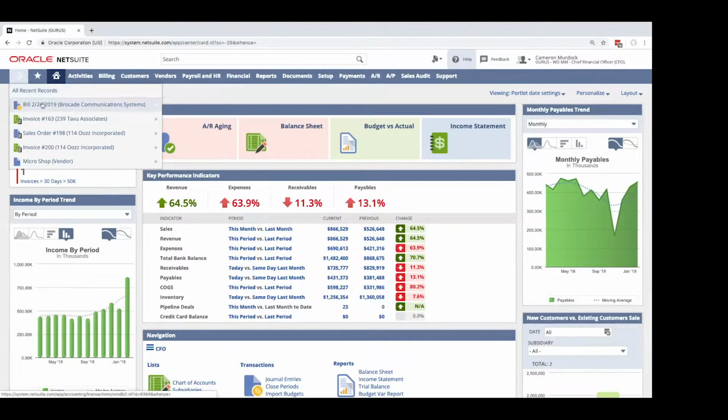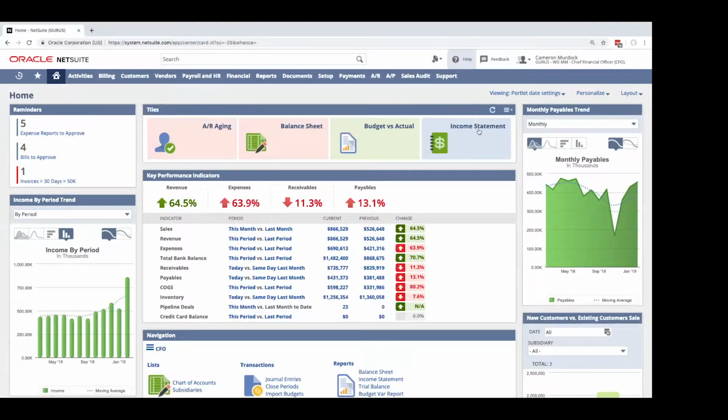So whether I want to review a recently accessed bill or invoice or sales order, I can do it from here. The next would be the bookmarks list, which is also configurable by the end user, so I can change this myself even after administrators have given me access. See, the income statement and balance sheet are similar to these dashboard tile shortcuts I see here. And I'm on the home dashboard right now.